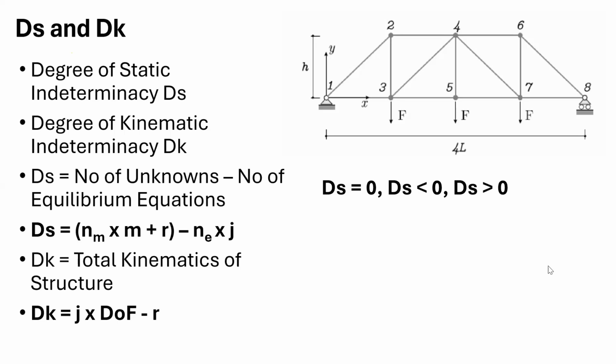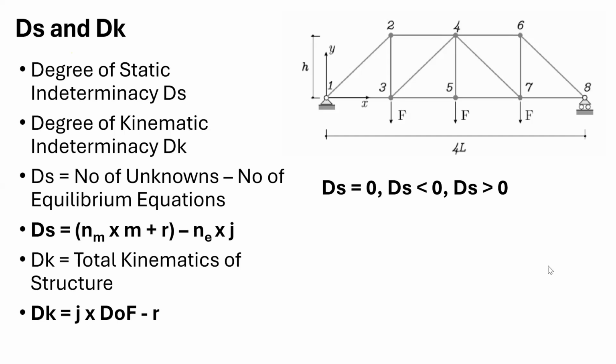So how will the 13 come about? If you see nodes 3, 5, 7, 2, 4, 6, they are allowed to displace in the x direction, and also allowed to displace in the y direction. There is no constraint for joints 3, 5, 7 and 2, 4, 6. So how many are there? 3 plus 3, 6. 6 into 2, 12. And one more